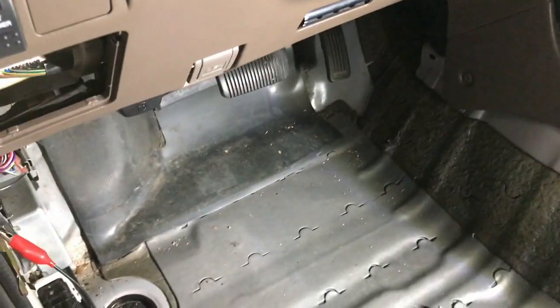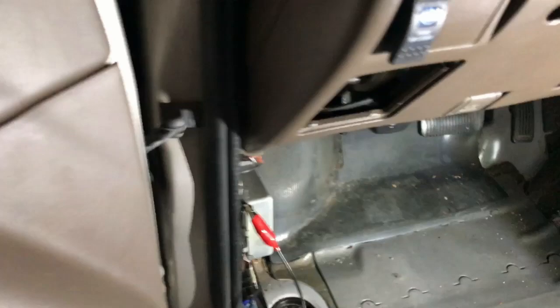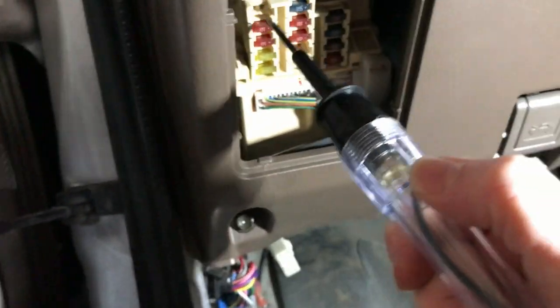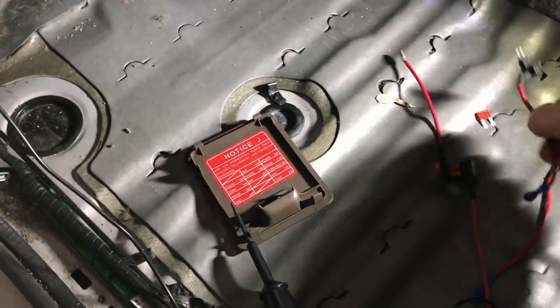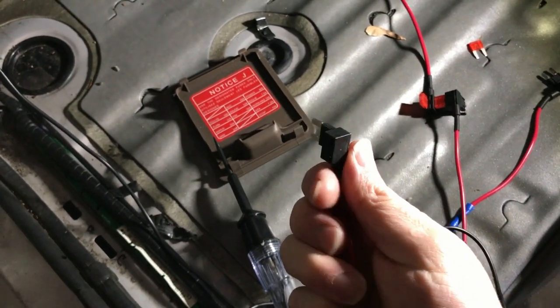So, I got the key and I'm going to put it in the ACC position. And then you're going to be able to see that this guy who was previously off. So this is an ACC fuse. So what I'm going to do, basically, if you've never seen these tap fuses, this guy is going to